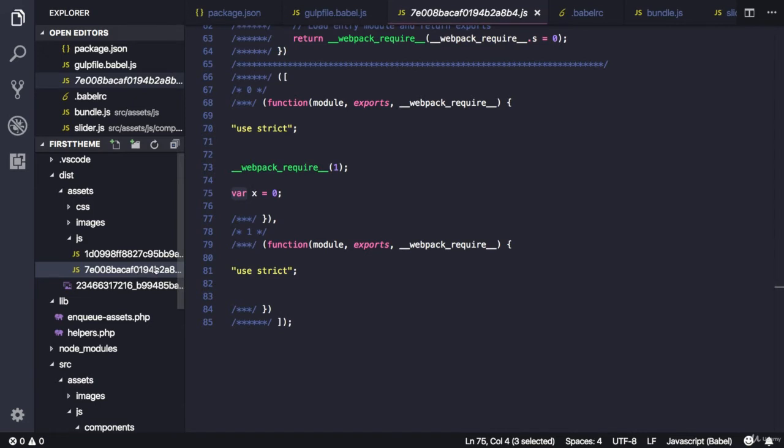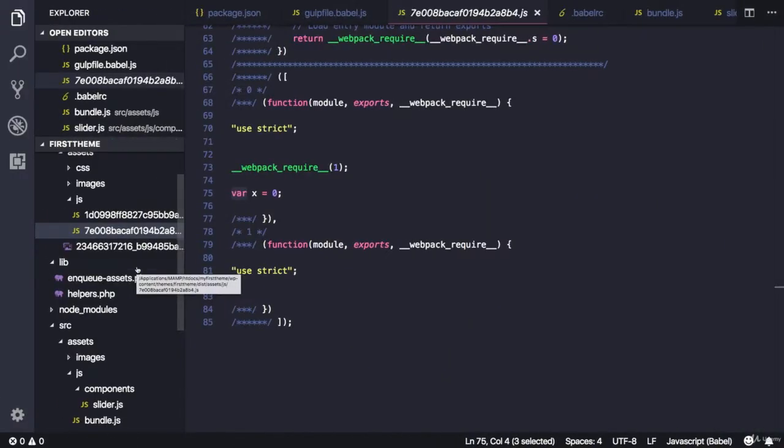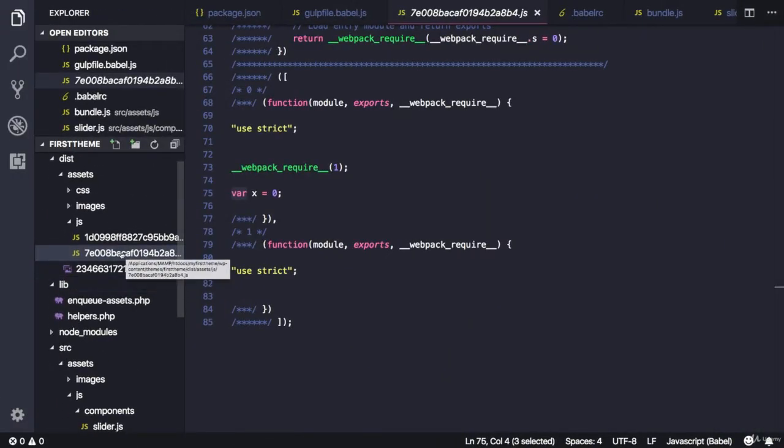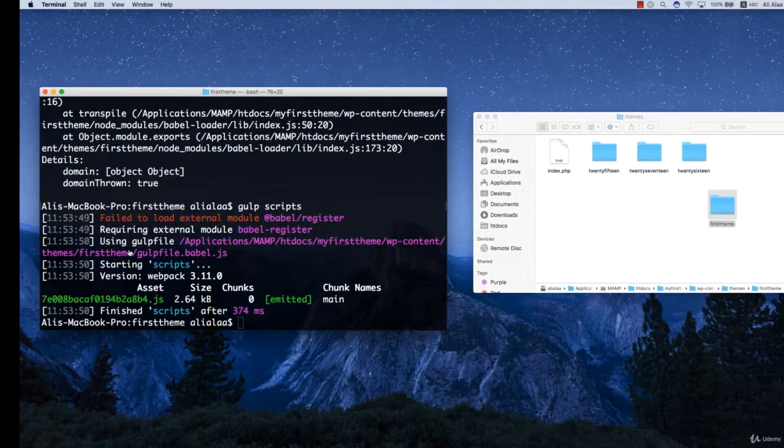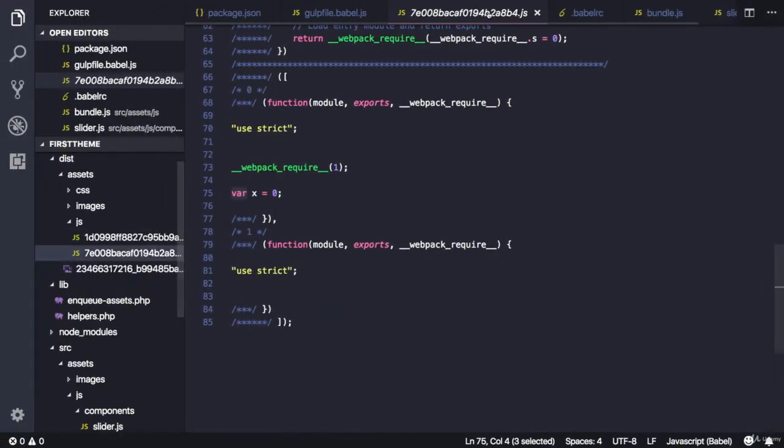This might be useful actually, because when you change something in your JS files, it will create a new hash, and you can avoid browser caching. It could be useful, but let's keep it simple for now, and just rename this hash into a constant file name in order to load it easily on the WordPress side. So let's add one more option